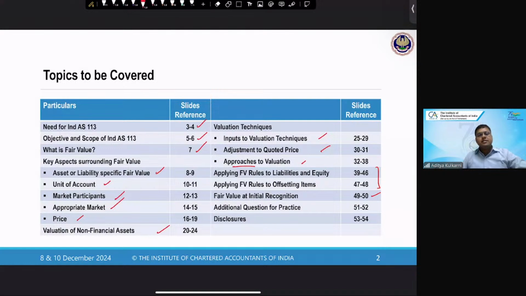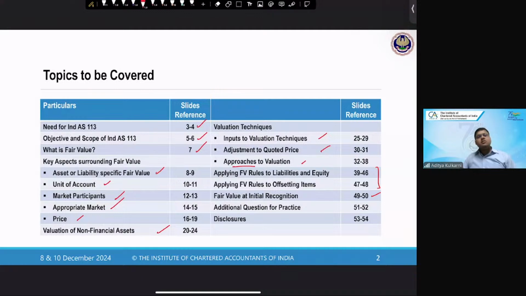There are only 4 cases where it will not be equal: transactions with related parties, transactions under stress or under duress, where the unit of account is different, or where the sale has not happened on the principal market and it has not happened on the most advantageous market also. In such situations, the entry price will not be equal to the exit price. In all other cases, they will be the same. Because basically they would be at arm's length.